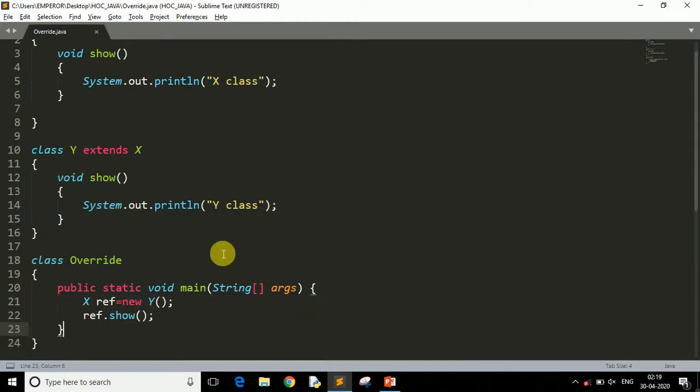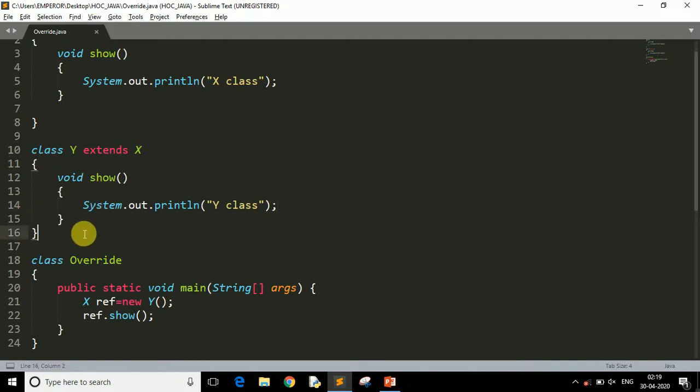Why? Because we have created an object of class y here, not class x. It doesn't matter which reference variable you have used, the only thing that matters is which object you have provided in the reference variable, or which object this reference variable refers to. So here our object is y, that's why it is calling the show method of class y.